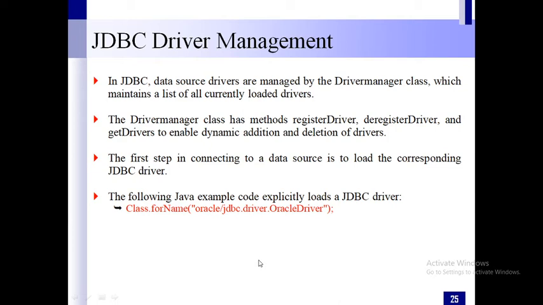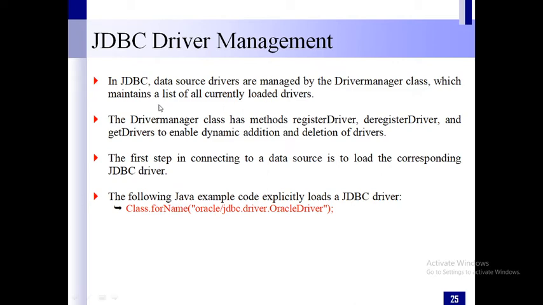And then the next is, what is JDBC driver management? Like what will it do. This is the second step actually in your JDBC connection or accessing the database. The driver manager, as I said, will find out the specific driver to connect to the database.